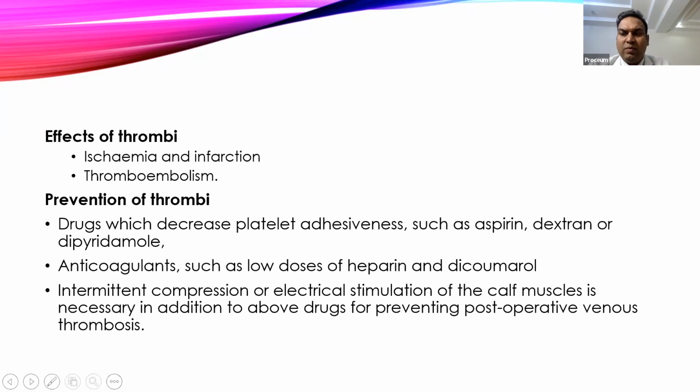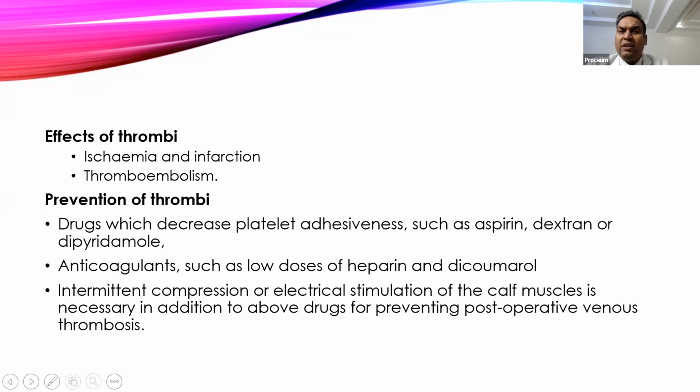Second is thromboembolism. Thrombus is clot formation, and embolism is the presence of any solid, liquid, or gaseous matter in the blood. That mechanism is called embolism. So thrombus is the solid part. A thrombus is formed at one site, and then it breaks from that site and goes to another part of the body. This is called thromboembolism. Normally thrombus doesn't form in the heart. It forms at some other site, but that thrombus will break, and the broken thrombus will go and lodge into the blood vessels of the heart and can cause myocardial infarction. That mechanism is called thromboembolism. Same thing occurs in stroke.